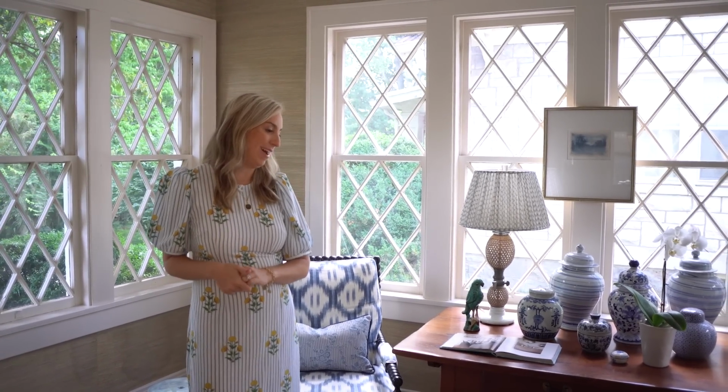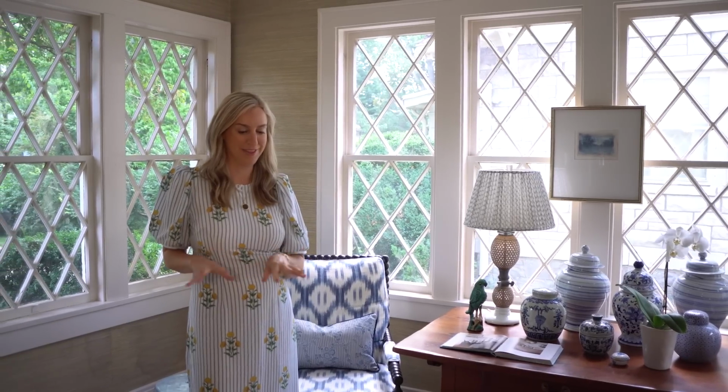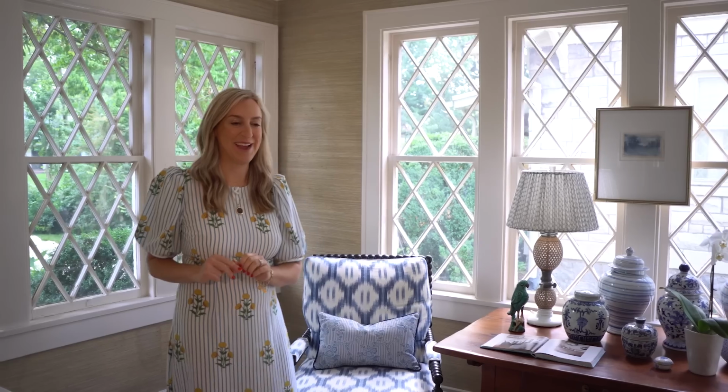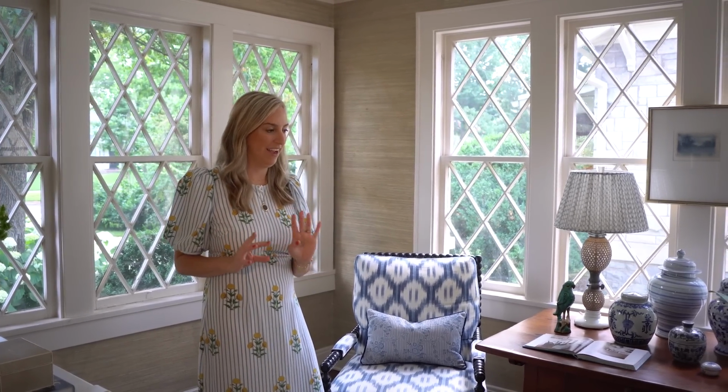I love coming in here and I would say read a book, but it's more like drink a glass of wine, let the kids play. Normally there's some toys scattered throughout, but yeah, it's a great room, and it's home to kind of my blue and white, which I don't do a ton of, but I have a collection of ginger jars and things